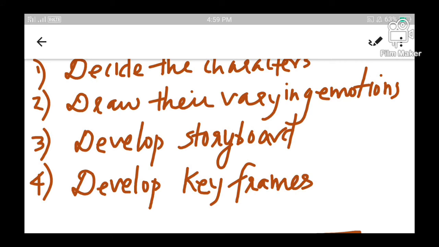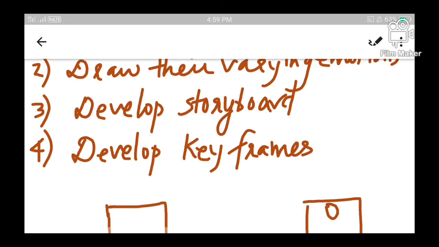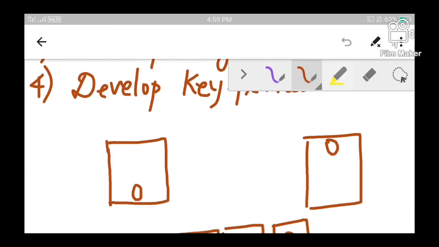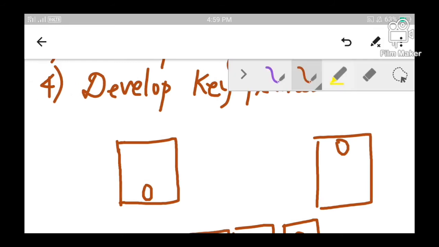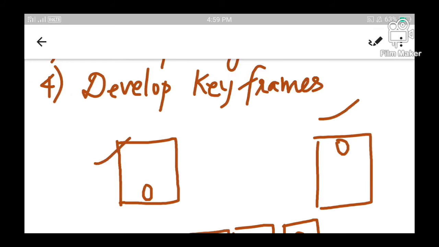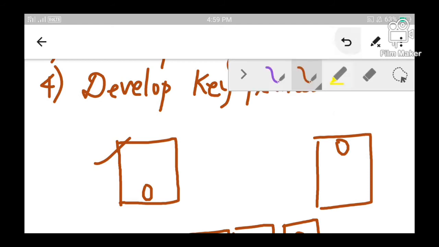What is meant by keyframes? Keyframes means main scenes. We have to develop or create main scenes. Taking an example, initially we are creating 2 scenes or 2 frames. Let this be the first frame and this be the second frame. In the first frame, I have planned that the object will be at this position.